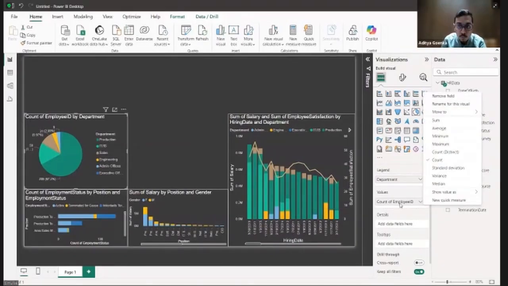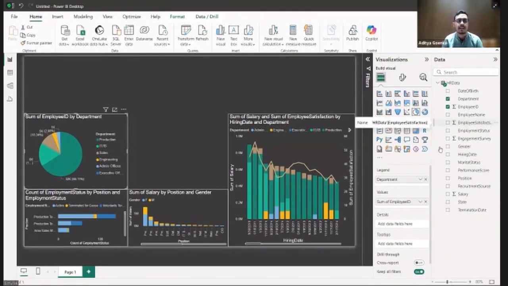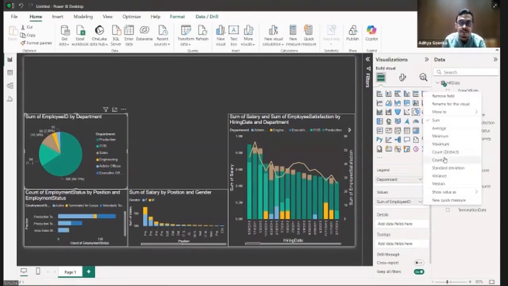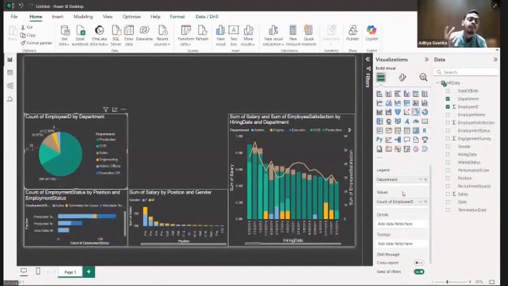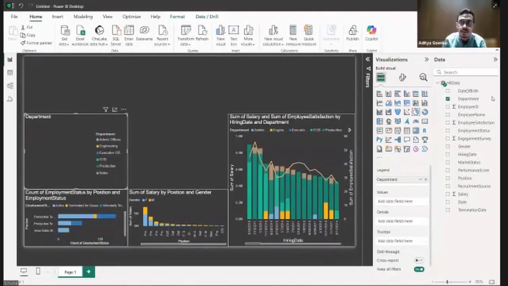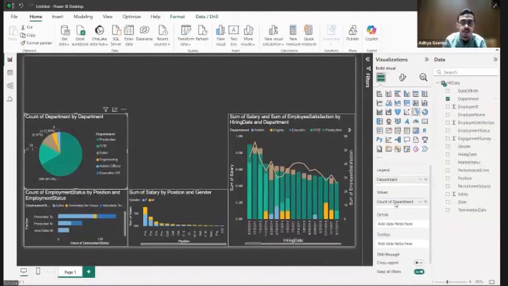Okay? So if you want sum of employee ID, you can change that as well. Simply click over here, click on sum of employee ID, and then you can calculate the sum, but it will not make any sense to you. But count of employee ID will tell you the number of people in such department. Similarly, you could have simply used any other such parameter. Like department, you would have put over here, and it will give you the count of department.